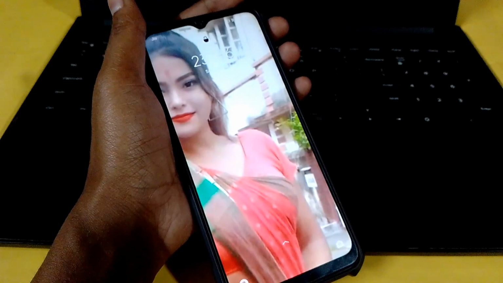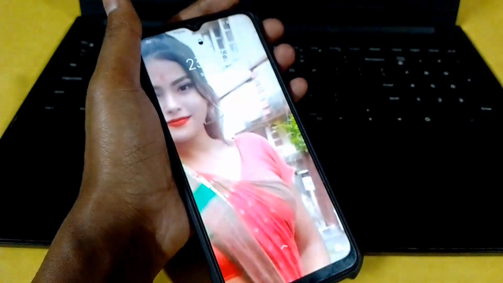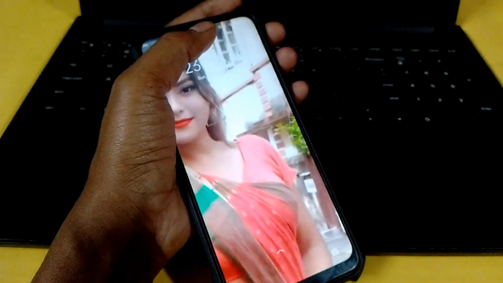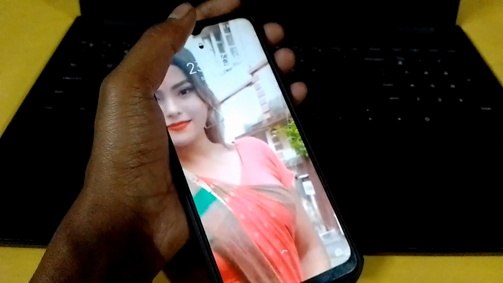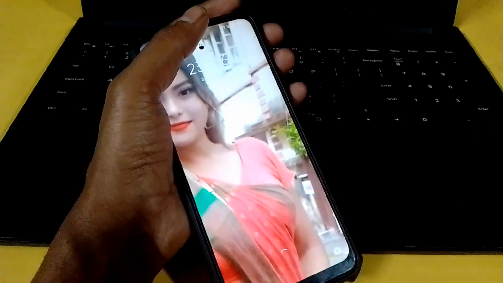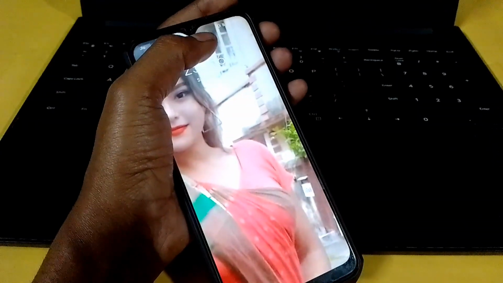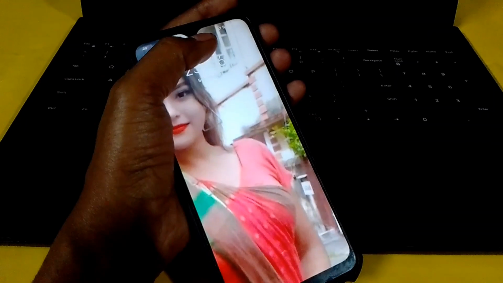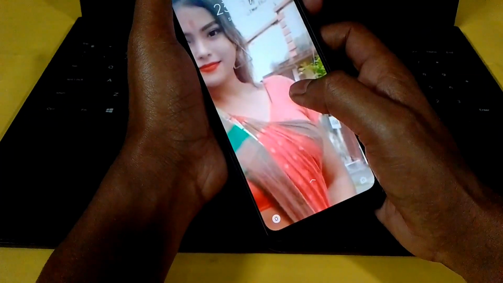If you have heard this video, it means your phone has been locked due to a forgotten pin, pattern, or password lock. You have tried a lot of videos to unlock your smartphone, but still you have not succeeded. So don't worry at all, the new method I'm going to give you in this video will unlock your smartphone 100%.